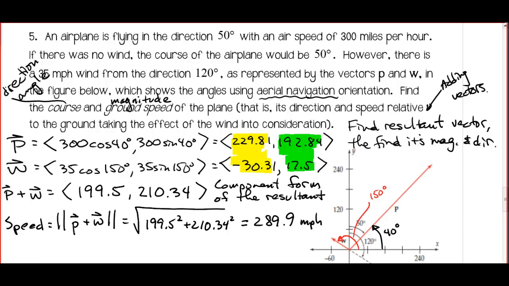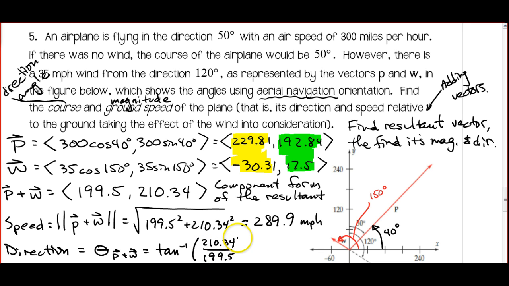And we also need to find, next, the direction for the resultant. So the direction, and this is going to be our theta p plus w. So that's going to be the tan inverse of 210.34 divided by